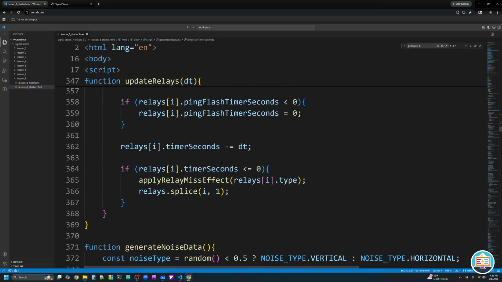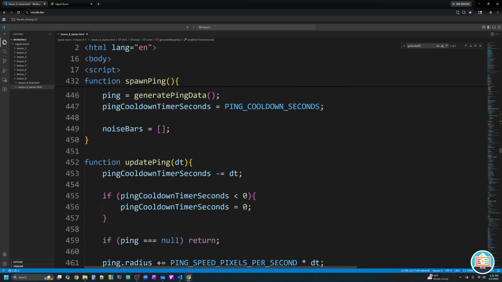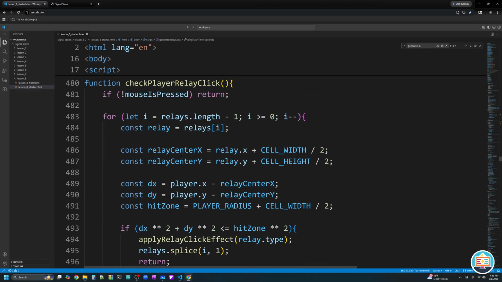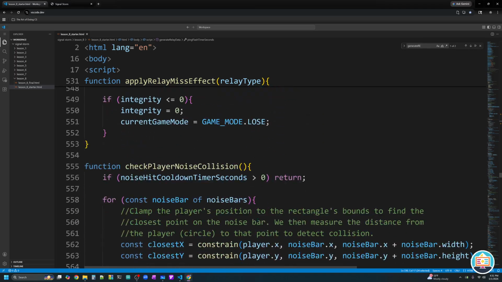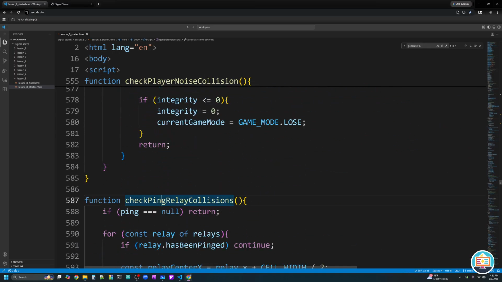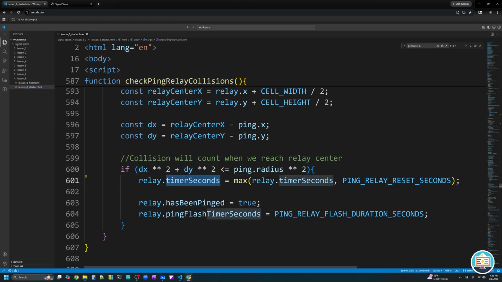Let's go check the function that looks at a collision between pings and our relays. Where is it? I got to find it. I'm searching. Check player noise collision. That's not it. Check ping relay collision right here. Okay, so let's see. Here is where our collision has occurred. We've looked at that before. We set the relay, we add to the relay's timer. We either set it to 2 seconds, or what its current timer is. We set has been pinged to true, and then right here we set that particular relay's flash timer to 0.22